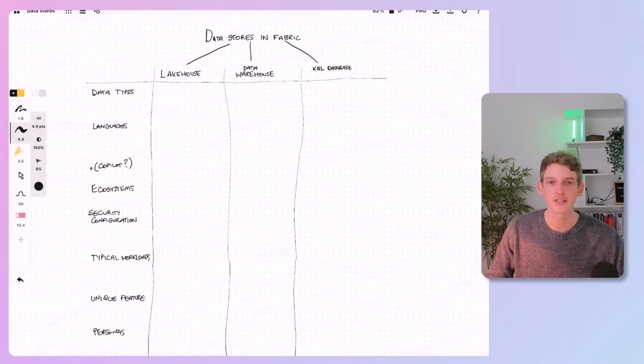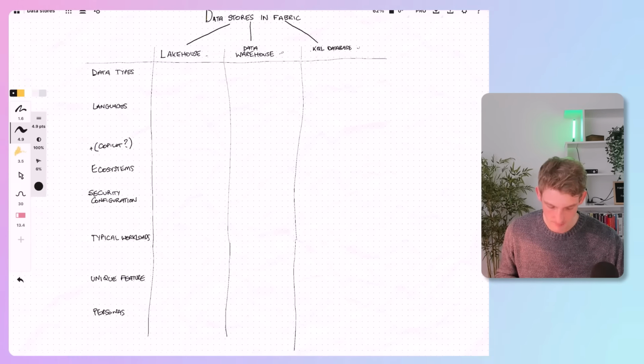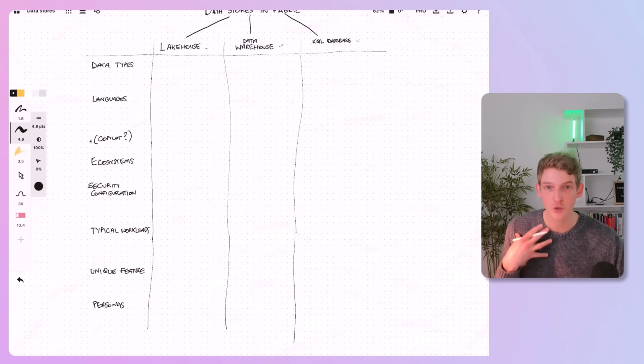Okay, so here we are down in the iPad, and what I've got is a bit of a side-by-side comparison of the three tools. So the three data stores that we have in Fabric are the Lakehouse, Data Warehouse, and the KQL database, as we've just seen. And then to give it a bit of structure, I'm going to be talking through these things down the left-hand